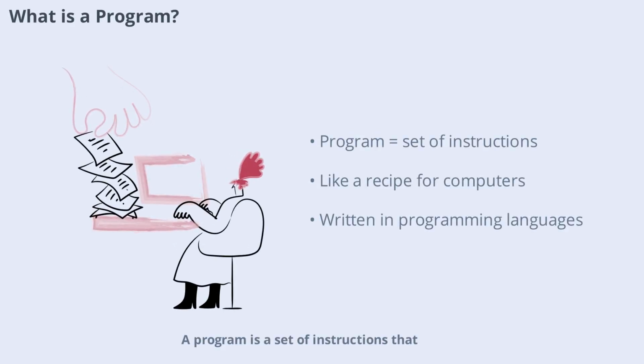happen. A program is a set of instructions that a computer follows to perform a specific task. Think of it as a recipe. Just as a recipe tells you step by step how to make a dish, a program tells the computer what to do step by step. Programs can be as simple as adding two numbers or as complex as running an entire website. Every program is written in a programming language, which is a special way of communicating with computers. Understanding what a program is helps you see the bigger picture of how computers work and how you can control